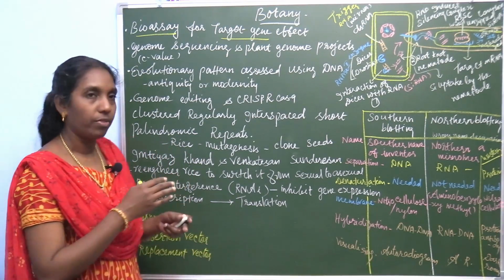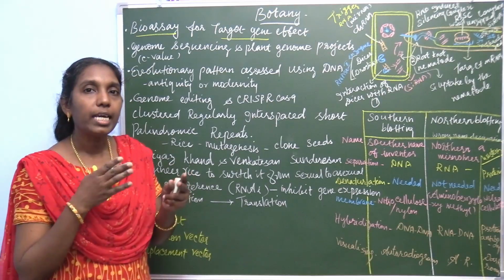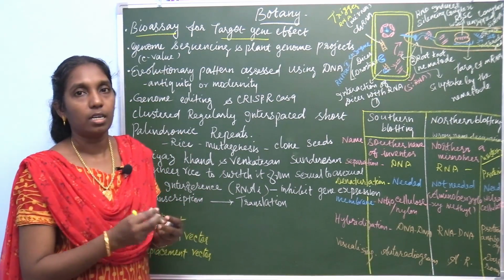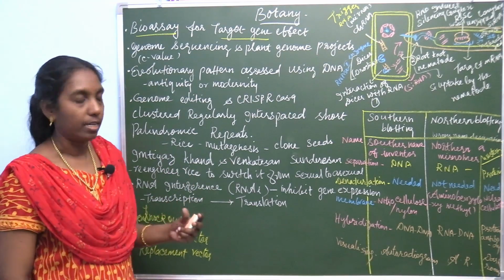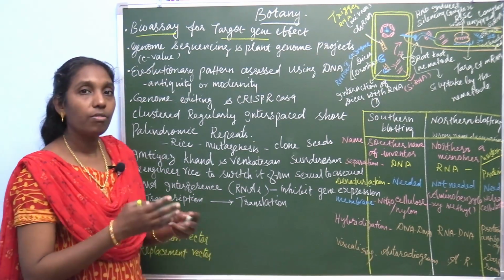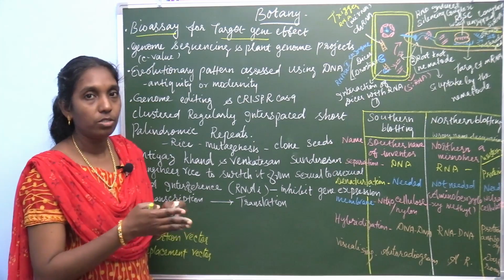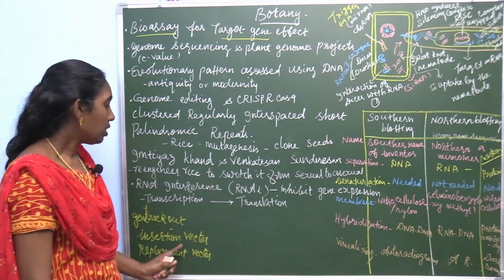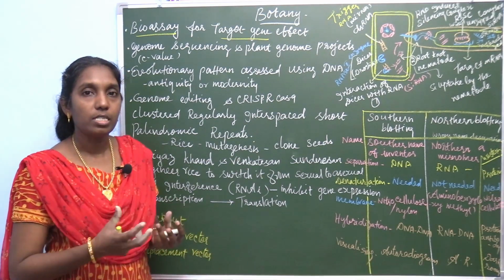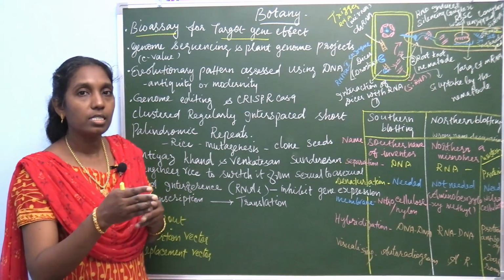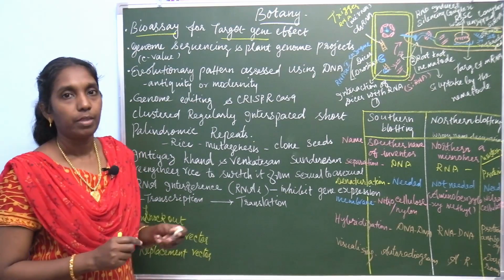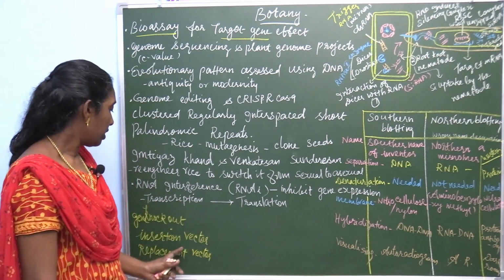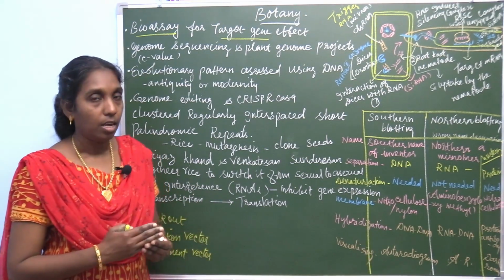The insertion vectors. The whole vector can be inserted inside the nucleic acid. So this insertion of vector can be introduced into the nucleus. So these insertion vectors are at first circular in nature. When it enters inside, during the insertion, it becomes linear. So in the homologous, so it is insertion vector.